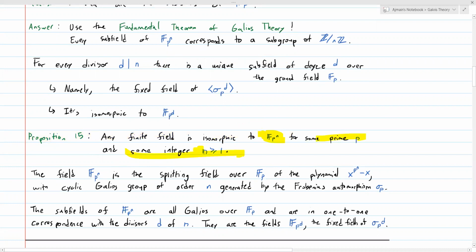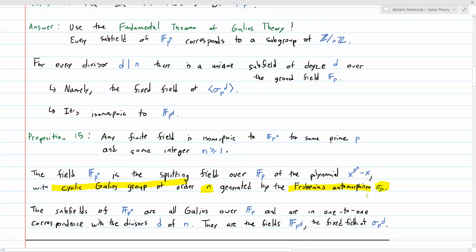and some integer n. So you tell me you have a finite field, and then just tell me what is the cardinality of this finite field. It's going to have to be a prime power p to the n. So this is what this is saying. Any finite field is isomorphic to the unique finite field of order p to the n for some prime p and some integer n. Furthermore, this finite field, F_p^n, is the splitting field over F_p of the polynomial x^(p^n) minus x, with cyclic Galois group of order n generated by the